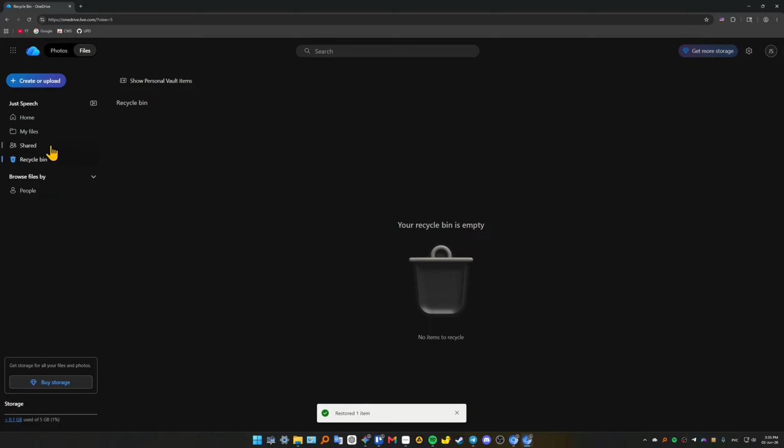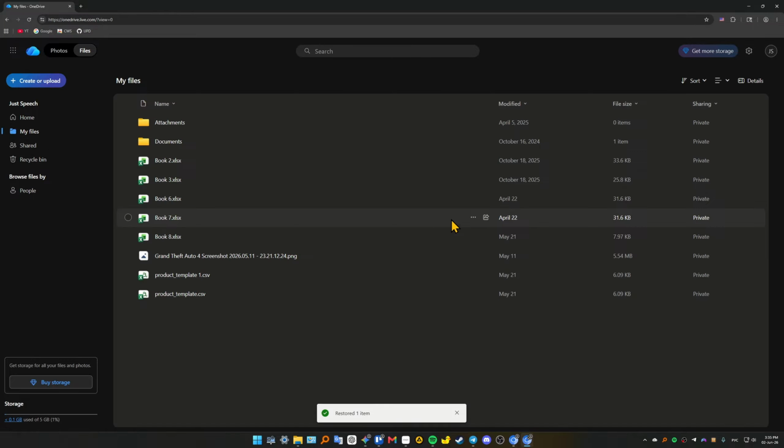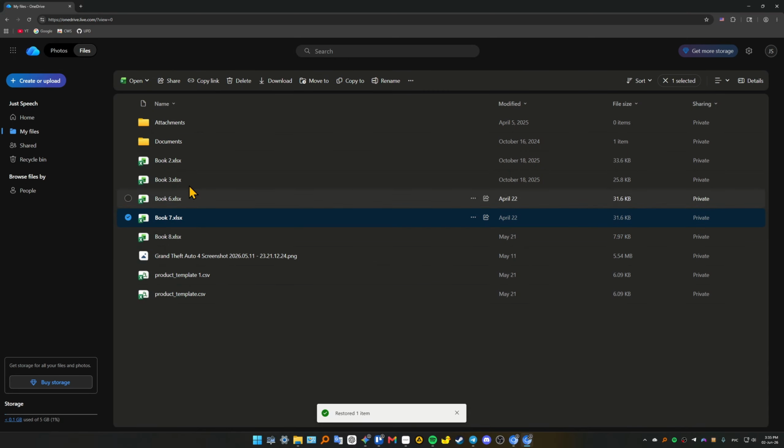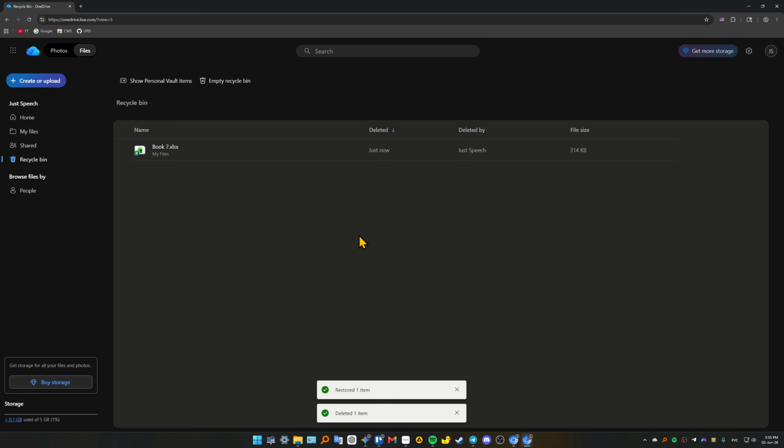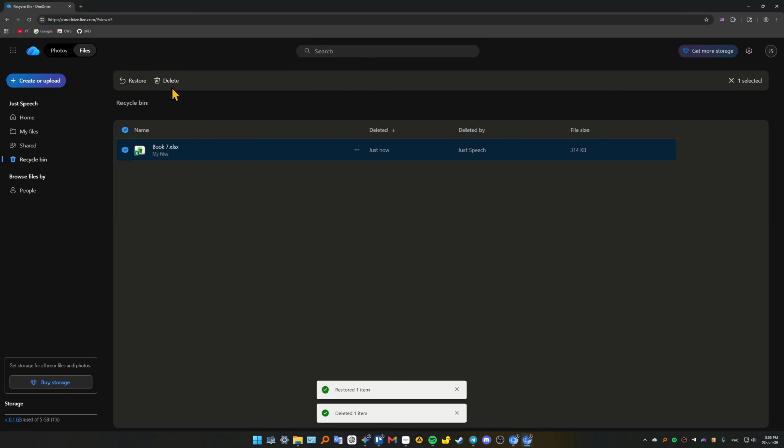And then, of course, if you guys want to purge something, let me go back to my files. I'll delete this again, delete, go into my recycle bin again. And if you want to purge it, guys, just press on delete. So this will wipe out all of the data lines instantly and reclaim your space allocations here on OneDrive, freeing